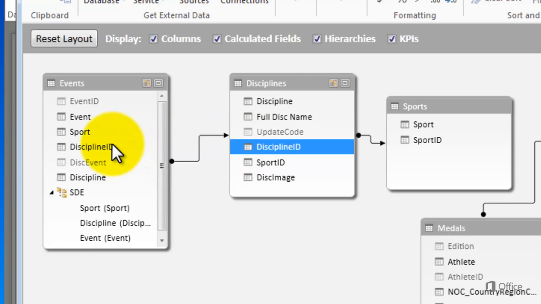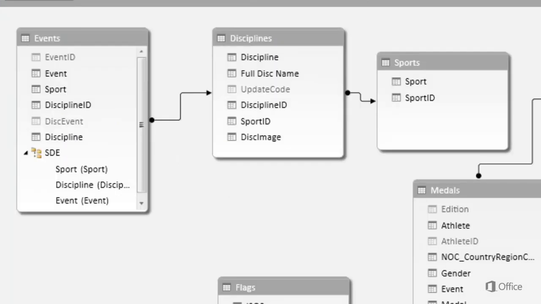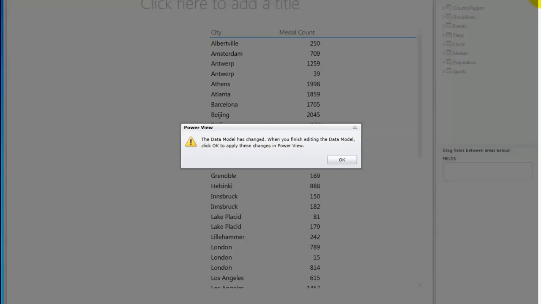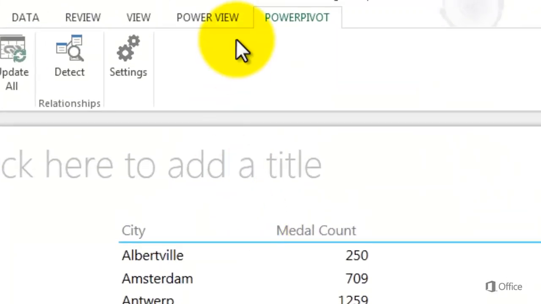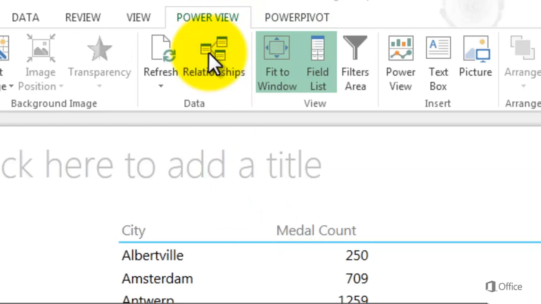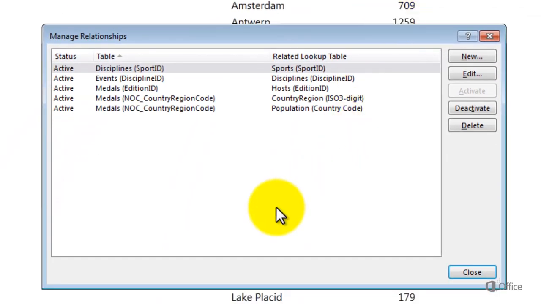There are so many different ways for working with relationships. From a report creation point of view, it doesn't really matter if you create and manage relationships in PowerPivot or Power View. Either way, the data model is created and updated and immediately available to Power View for mashing up data and creating amazing